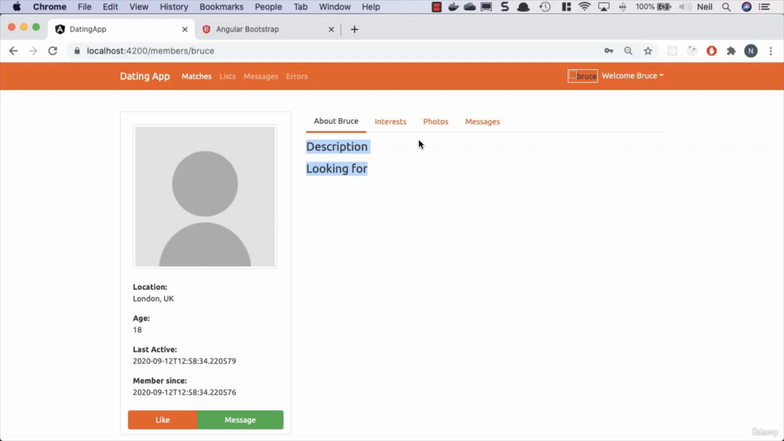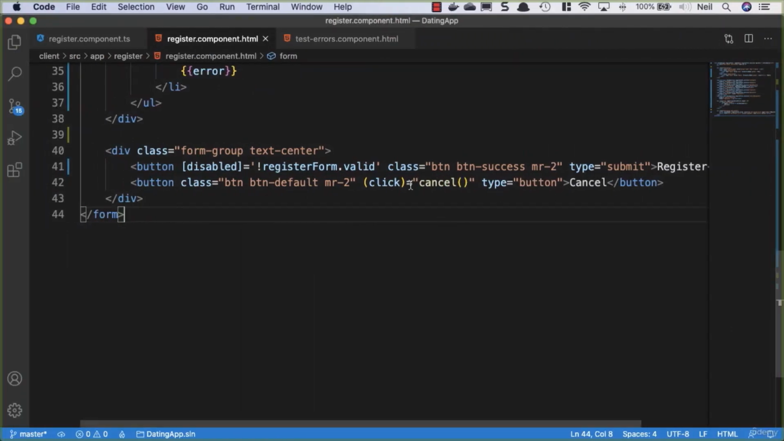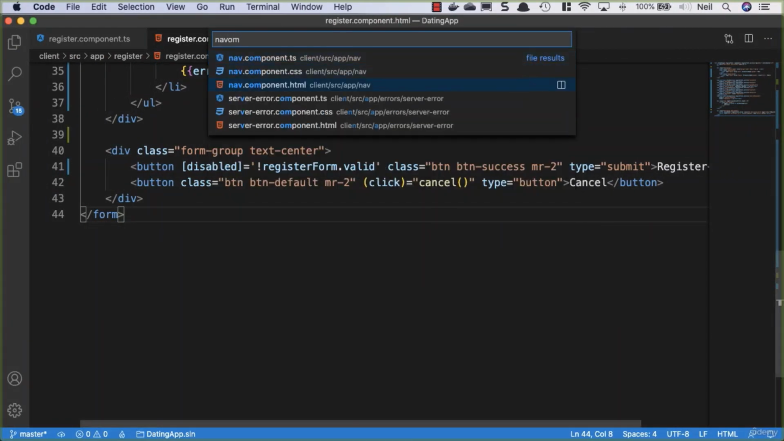But if you want to, you know how to add conditionals. You could display something other than this inside here. But let's take care of the navbar image first of all, and we'll head over to our nav component HTML,